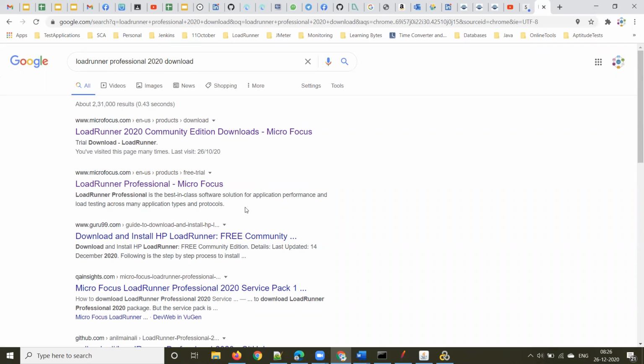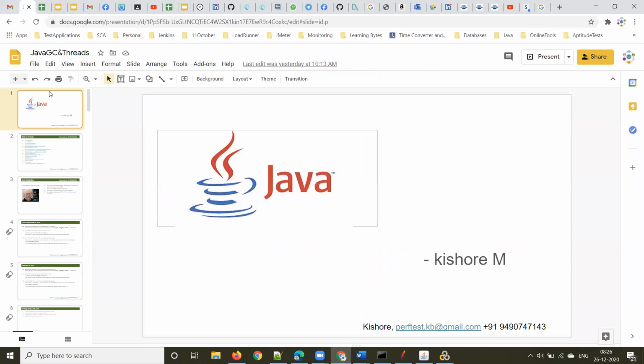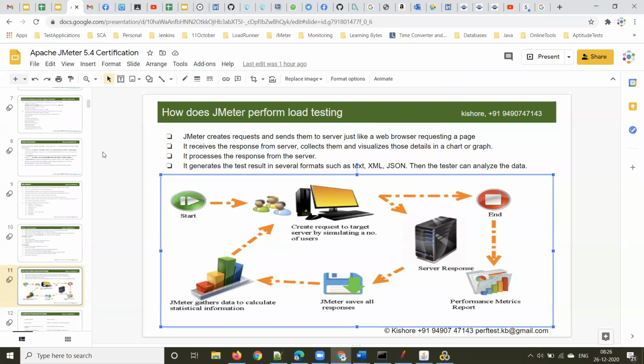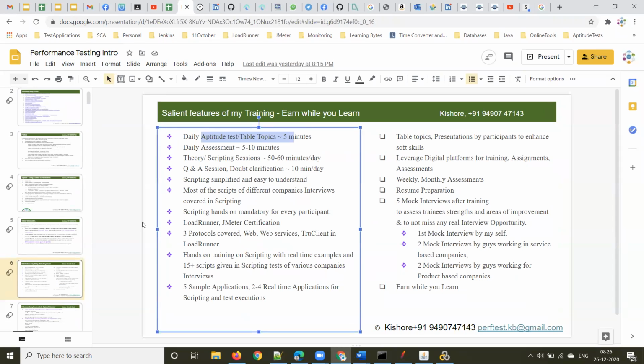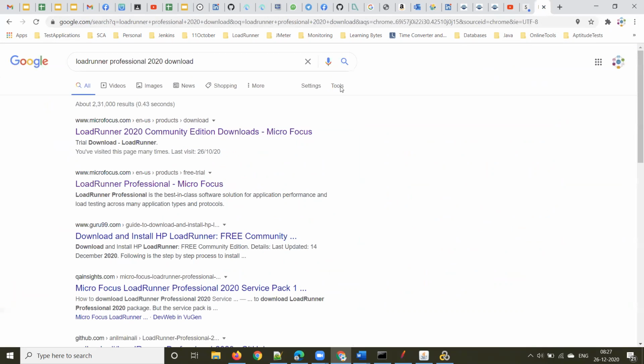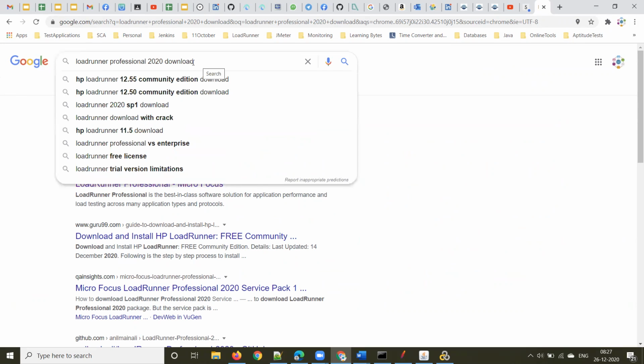Till 2019, Micro Focus used to provide a trial version or community edition for anyone. You could register with a public email address like Gmail or Yahoo and download the trial version. But from 2020 onwards, Micro Focus is allowing only people who register with official email IDs. Anyway, I will share the community edition through my Google Drive. Those who have official email IDs can Google for LoadRunner Professional 2020 download,